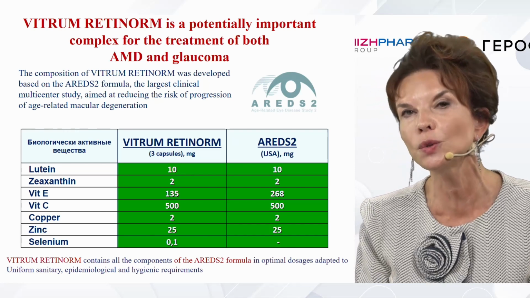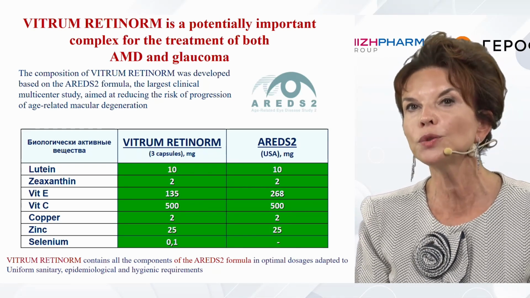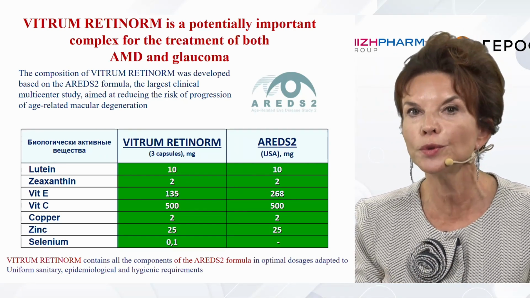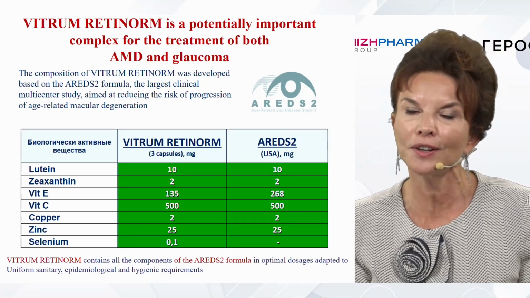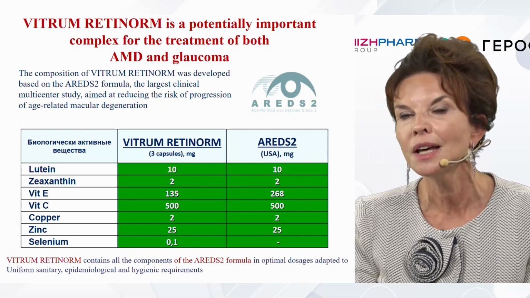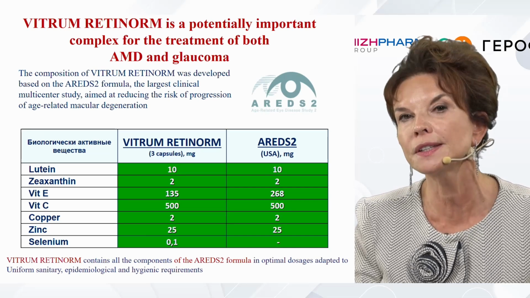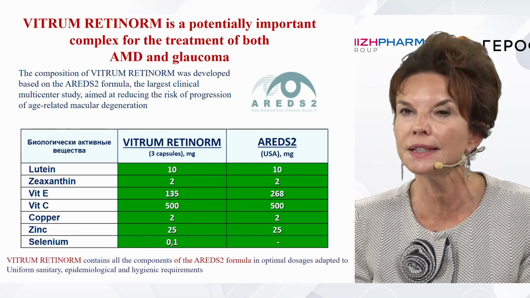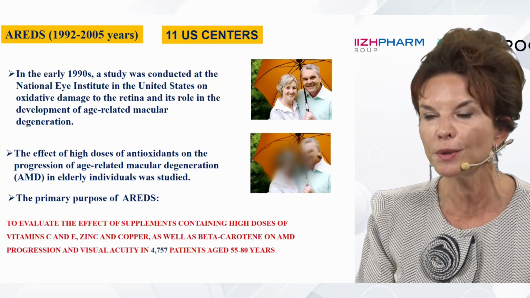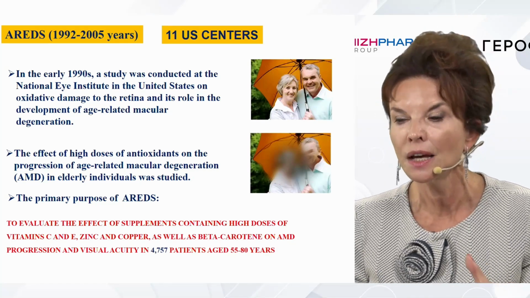Here is another drug which is very well known to you. It's Vitrum Retinorm. In the past, it was called just Retinorm. This drug has been used in case of AMD, and I would like to say that the deficiency of vitamins and antioxidants in case of glaucoma makes us administer this drug for patients with concomitant pathology and glaucoma in particular, because it contains vitamin E, selenium, and other components, and this drug was developed in conditions close to 3P medicine,